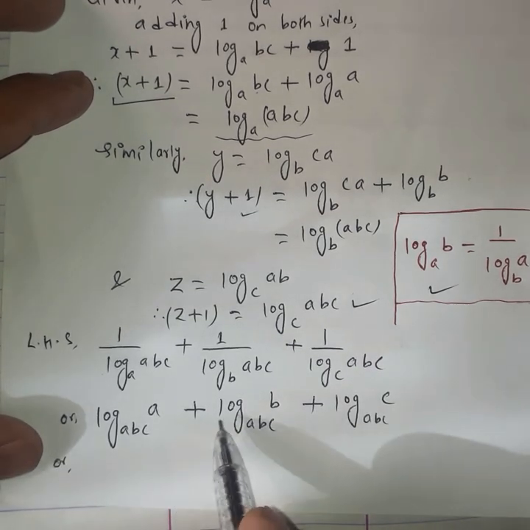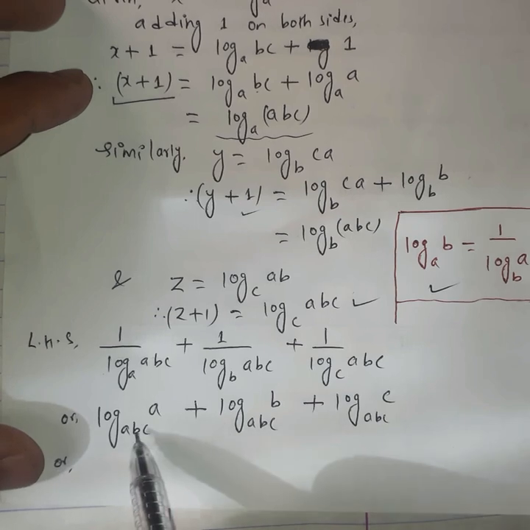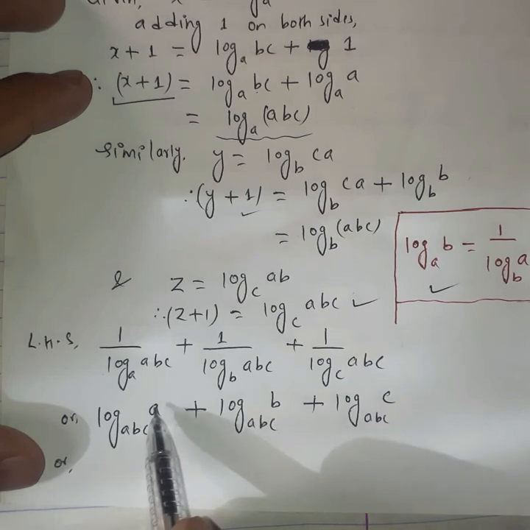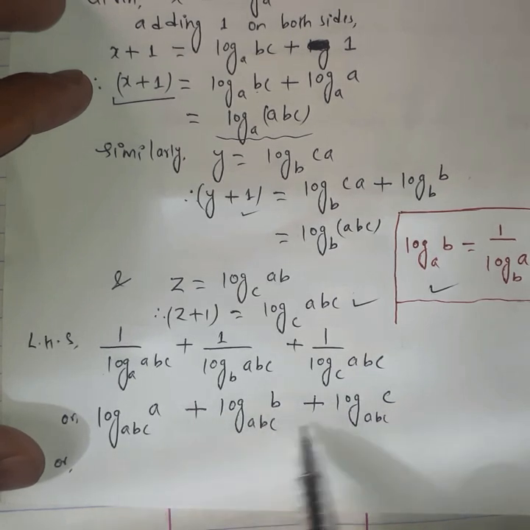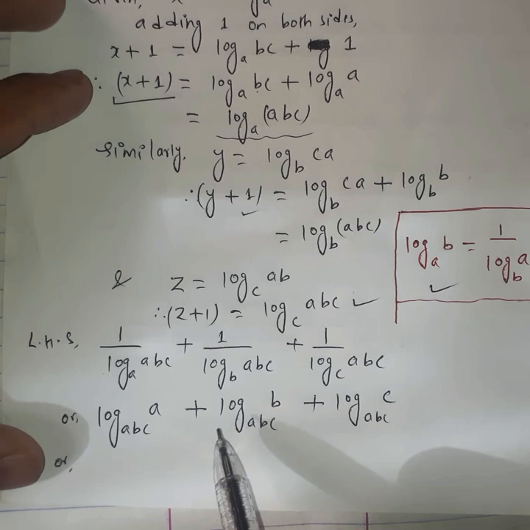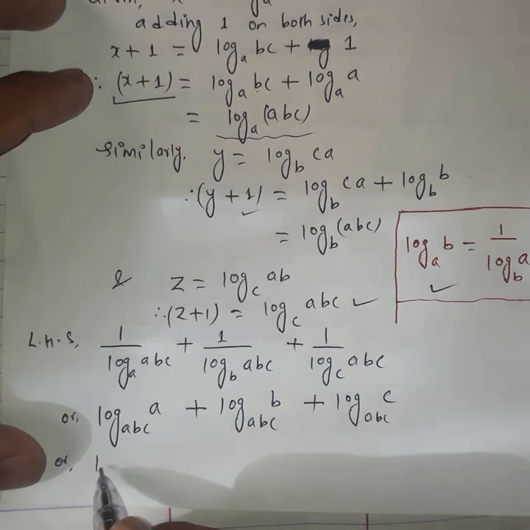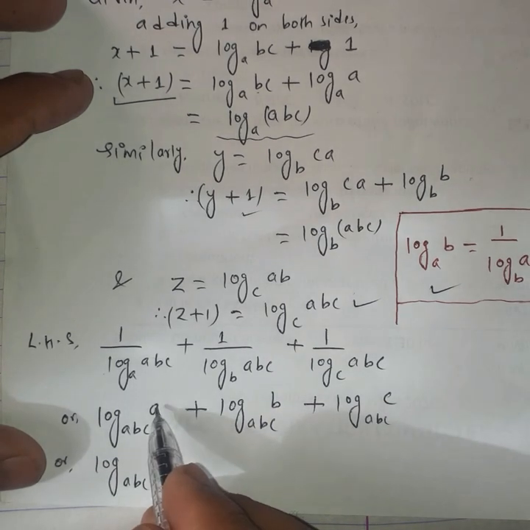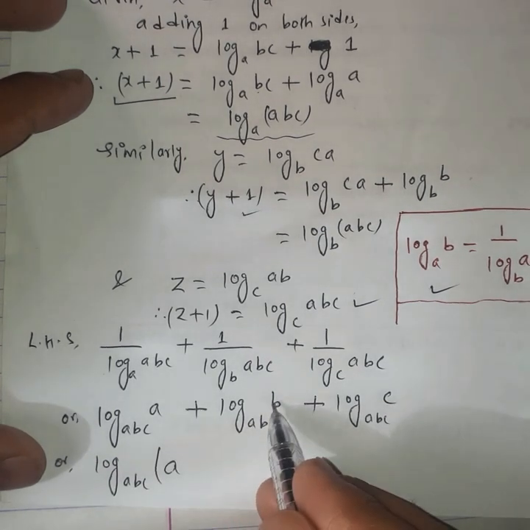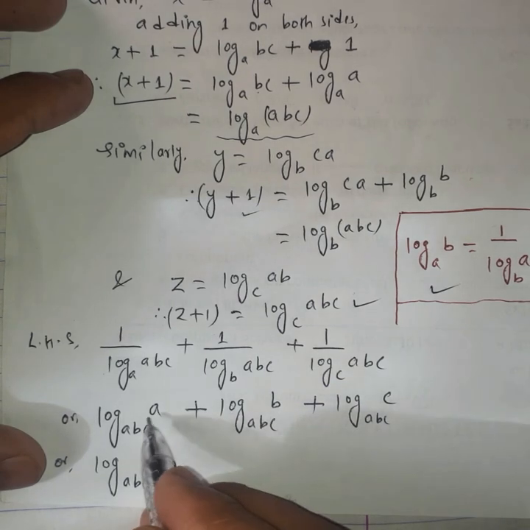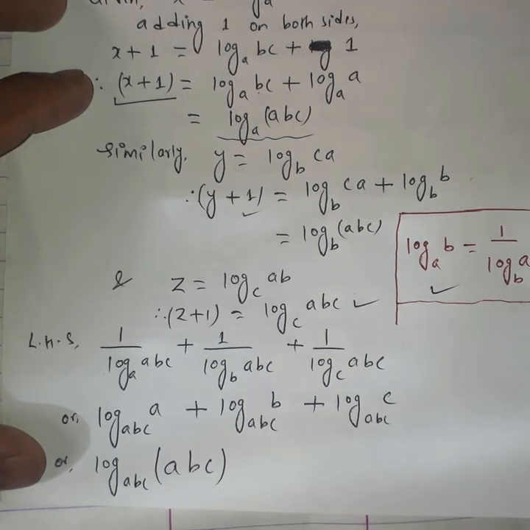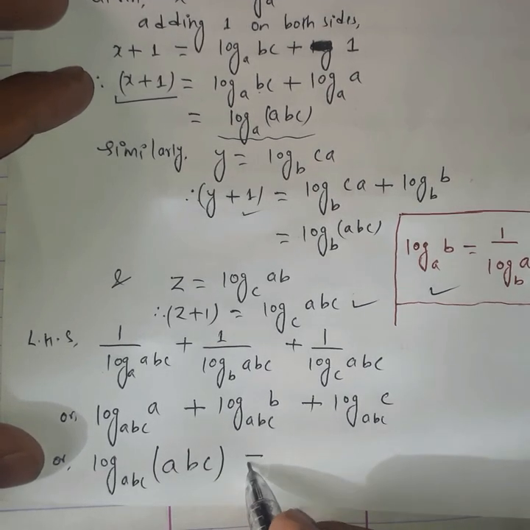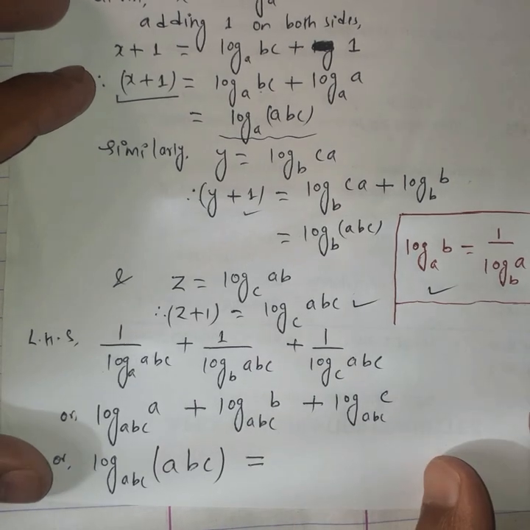And here is the format of logarithms with the same base and different arguments, added together. So we can apply the product law of the logarithm, and this can be written as log with the same base ABC of the product of the arguments. One argument is a, another is b, and the next is c, and the product of a, b and c is just ABC. Here we just use the formula for the product of numbers in the logarithm.